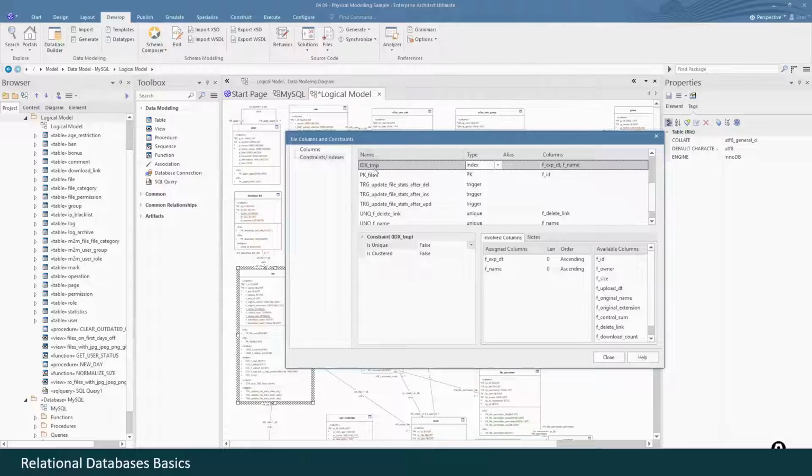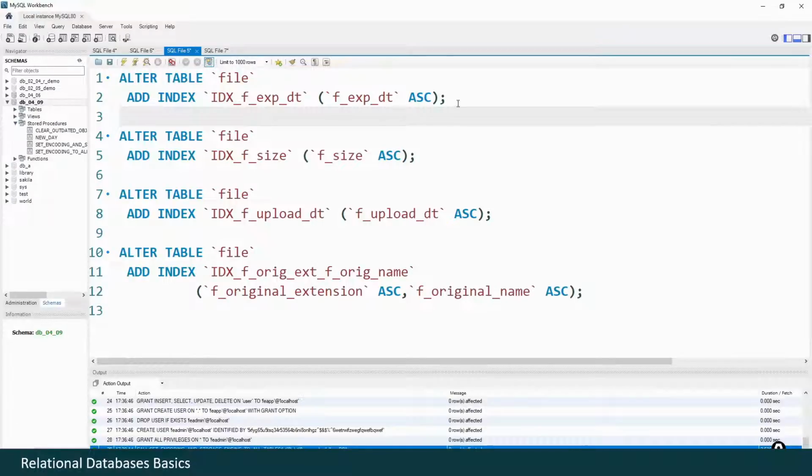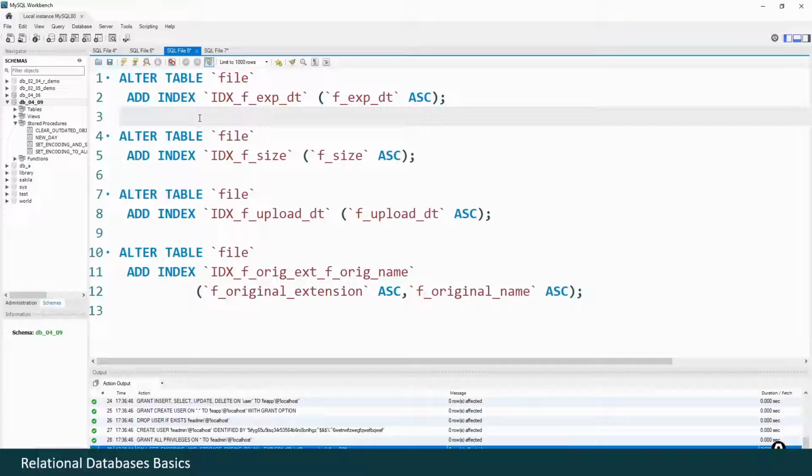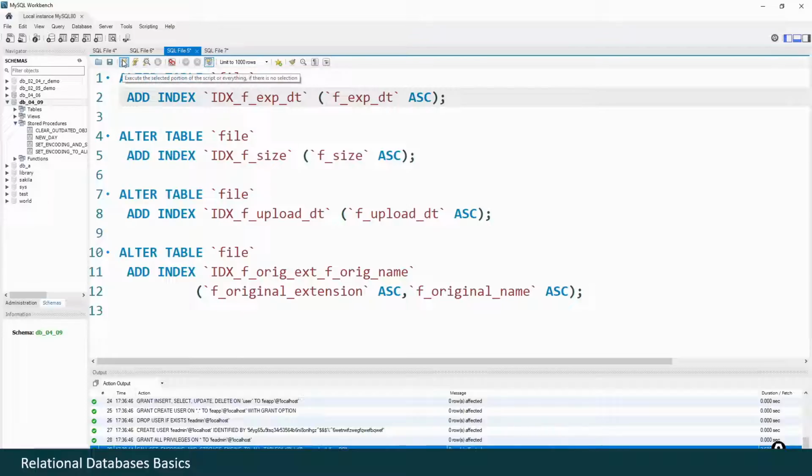If I do not want this index anymore, I can delete it. And of course I may use SQL to create indexes. I cannot execute this code now because these indexes are already created, so this code will lead to error. But if I have no those indexes, I can just click execute and these indexes will appear.